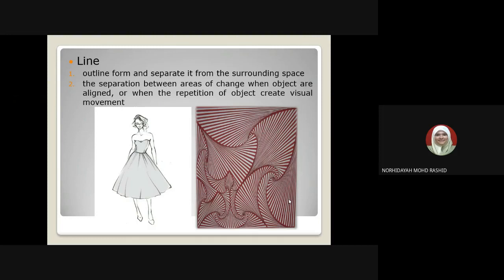Kalau you tengok lukisan baju perempuan itu, that's actually a positive space. Kalau yang tengok dekat belakang di environment, that's actually a negative space. However, disebabkan ada line itulah dia mewujudkan the design, the others design ataupun ada reka bentuk, others form sebenarnya.